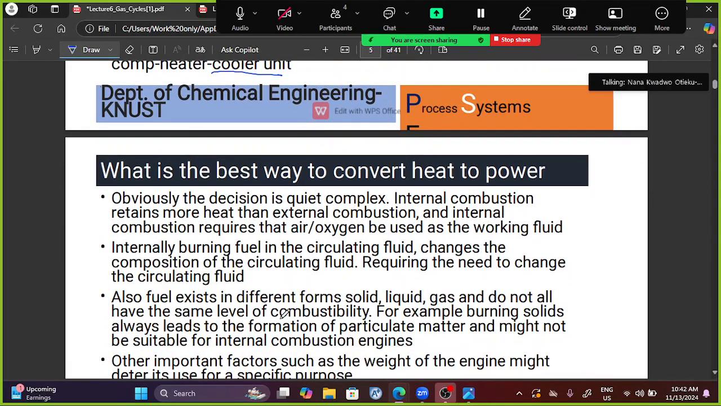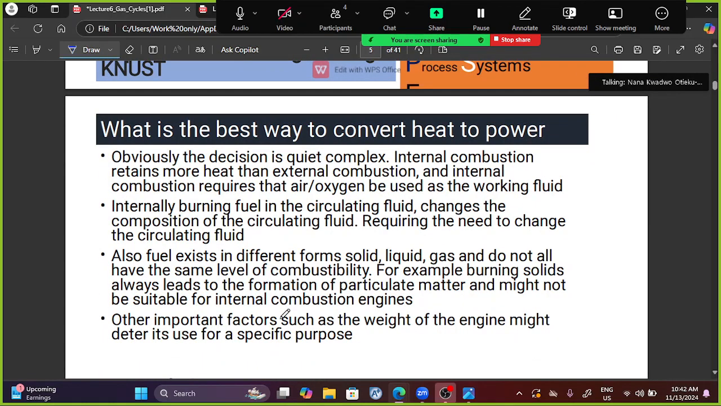Okay, so we are being asked once again, what's the best way to convert heat to power? Choosing the best way to go can be a bit challenging. What we are saying is that trying to determine the best way to convert heat to power can be a very complex thing, right? And remember, we said there's internal combustion and external combustion. Internal combustion is going to retain more heat than external combustion,